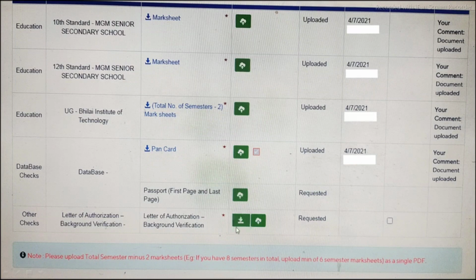And if you download this, you will get a format in which you need to fill, I guess, your name, place, signature, date, and also your father's name. These are the details you need to fill, then upload it and sign it, and only this much. These are the 3 parts.